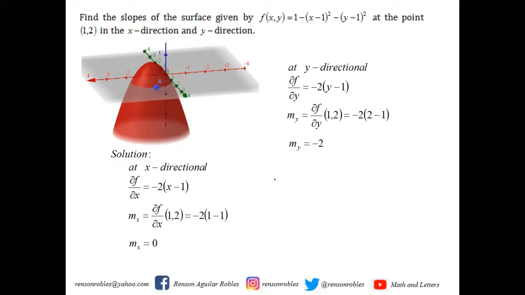So the slope of the tangent line in the x direction is 0, and this will be parallel to the y-axis, and in the y direction, the slope of the tangent line at the point 1, 2 is negative